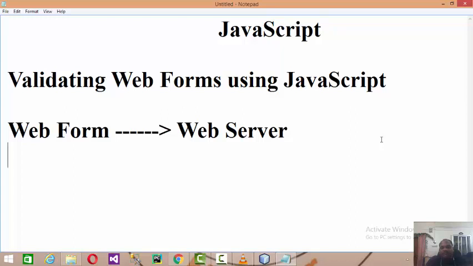Now, what will happen if, instead of entering data, the user just clicks on the submit button? Then the data posted to the server will be null values.